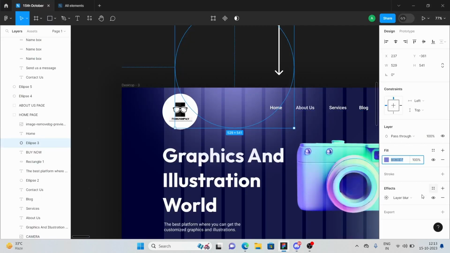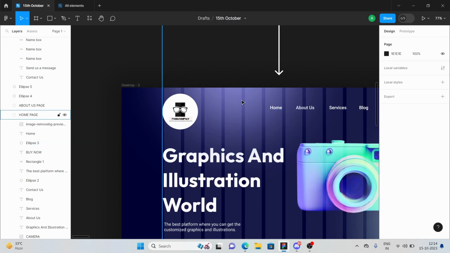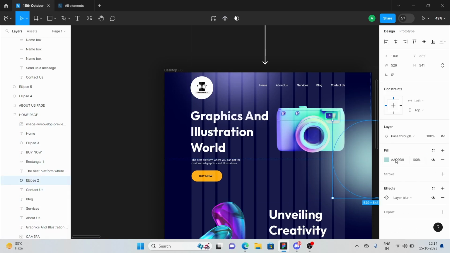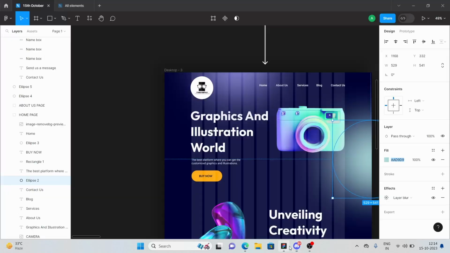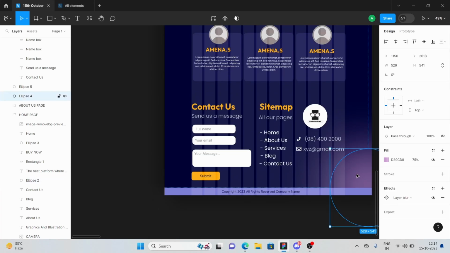This baby purple. And after that, click on effects and choose layer blur, and go to the effect settings and keep the blur to 300, right? And keep it here, okay? Keep it here, it will be easy for you. Repeat these all things with these circles, right? See, let me show you. We have this. I'm giving you some of the hex color codes, right? This will be the color